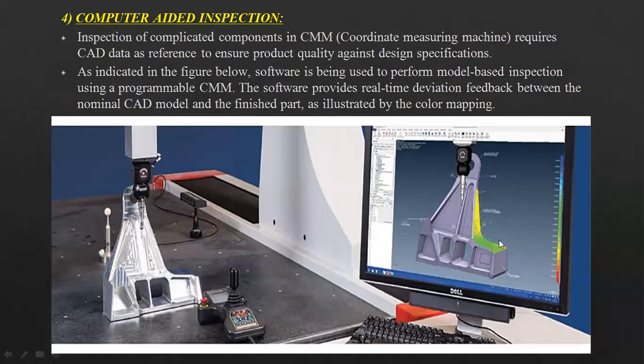The more the deviation, the higher the range. You display it with the help of these color bands. For example, red means more deviation, blue means less. All regions which have blue color are basically exact. They have been produced exactly; when you measure it with the model, they are at the same spot.